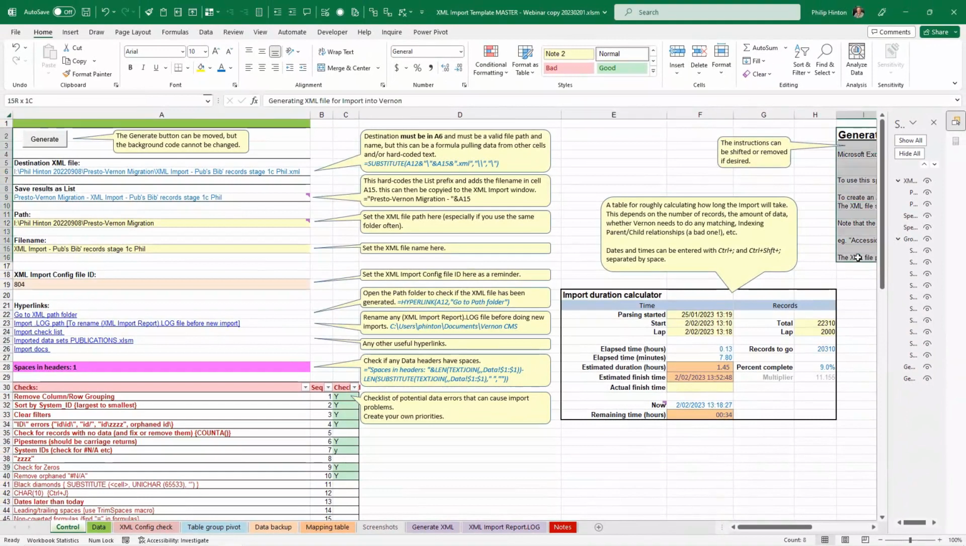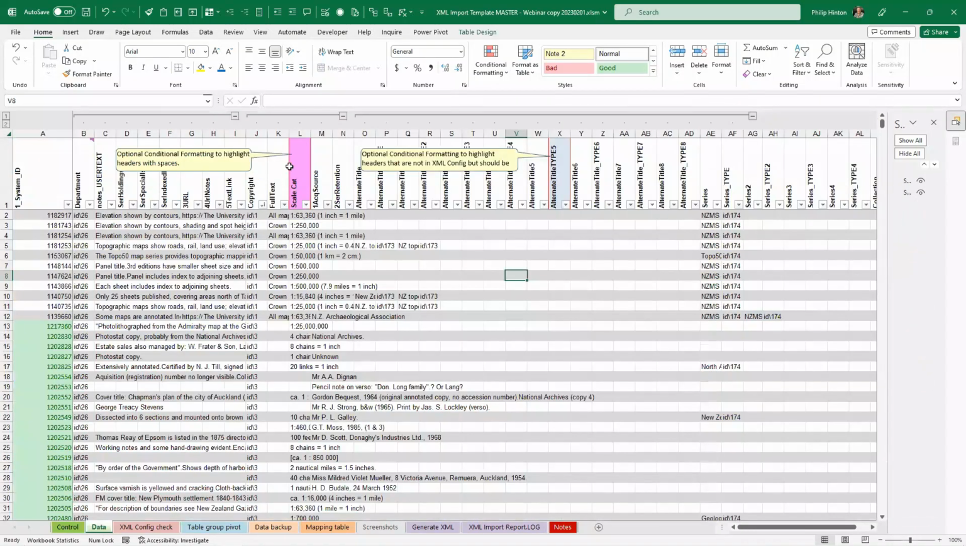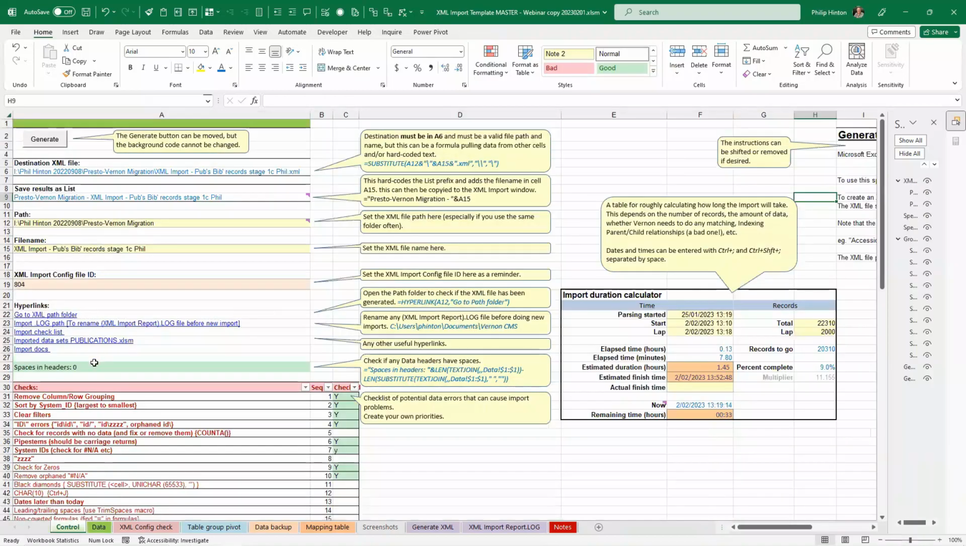The instructions that come with the control sheet can be shifted out of the way or deleted once you know what you're doing. And you can see we've got one header which has got spaces in. And if we go to the data sheet, we can see conditional formatting has highlighted two headers for us. This one has got a space in it. And this one is not in the XML configuration file, but should be. So if we change that to no space and pop back here,